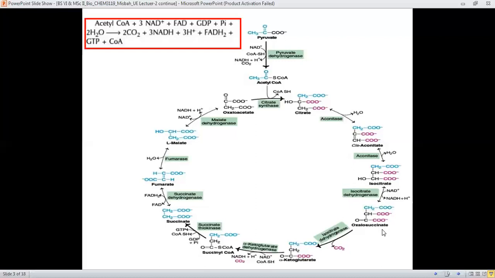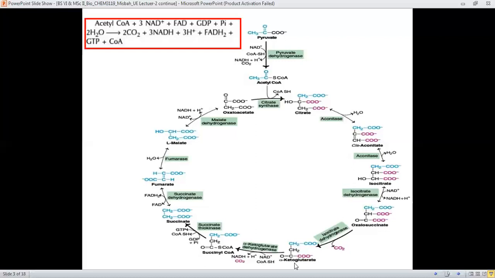And oxalosuccinate is converted into alpha ketoglutarate, which is a very important intermediate of the tricarboxylic acid cycle, through the action of isocitrate dehydrogenase. And this reaction has many folds of importance, and there is liberation of carbon dioxide, and this carbonyl functionality is removed from oxalosuccinate. And later on,